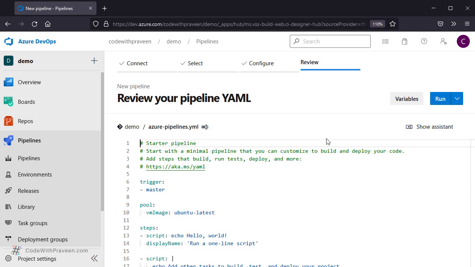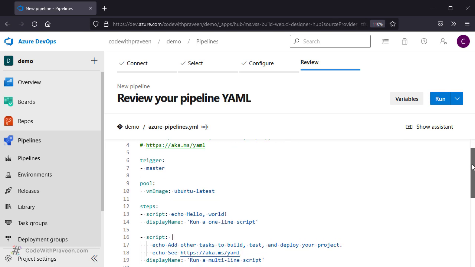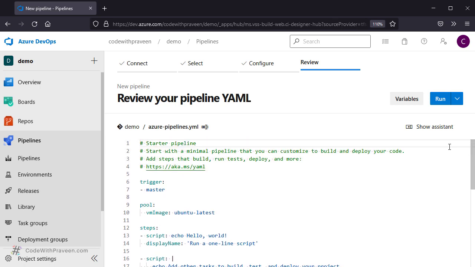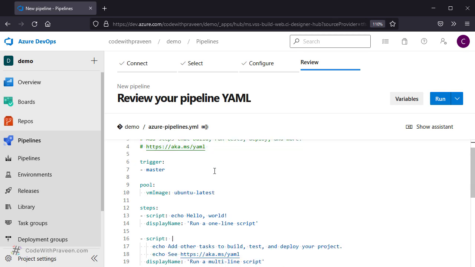Notice that once you have chosen, it is going to create a default YAML file with a set of default configurations. Let's spend some time understanding this specific YAML structure that has been created by default. At the start, you can notice the list of comments that is being created using the hash symbol. Care to note that there is a multi-line comment that is again represented using the same hash symbol. Next, we have a key, namely trigger, that contains certain values that is going to be a collection. In this case, that collection is having just a single value called master. Similarly, we have another type called pool that contains a single key value mapping.